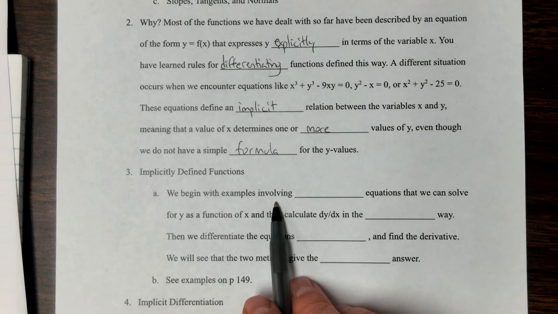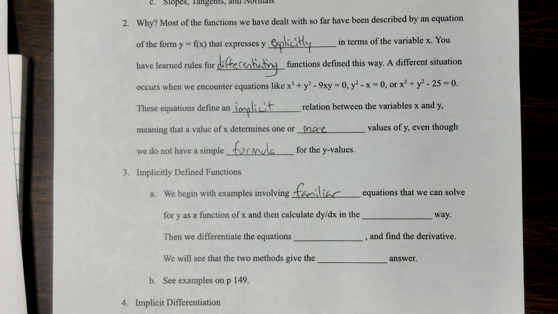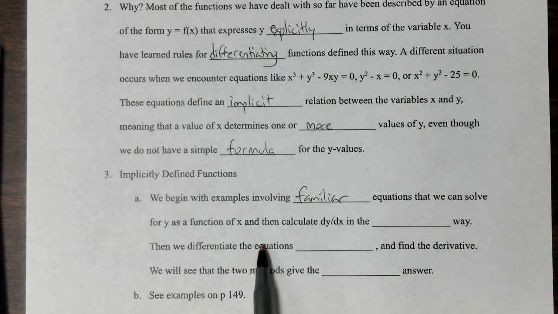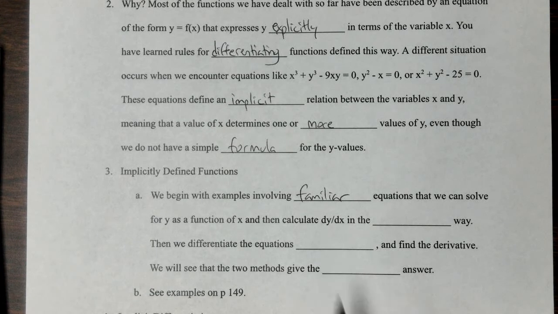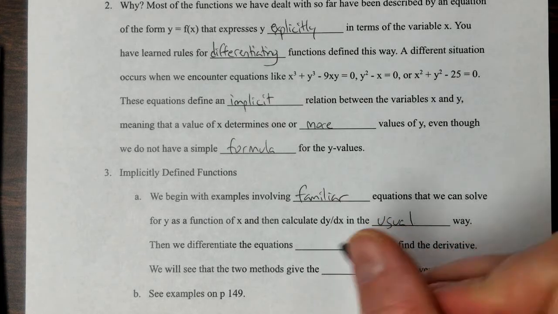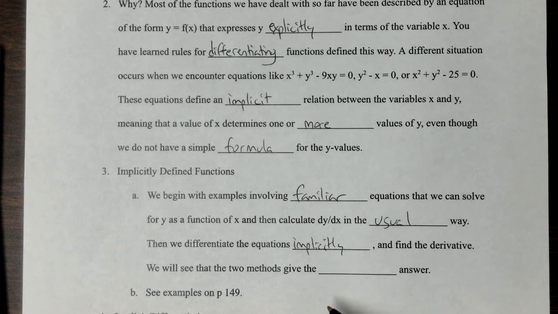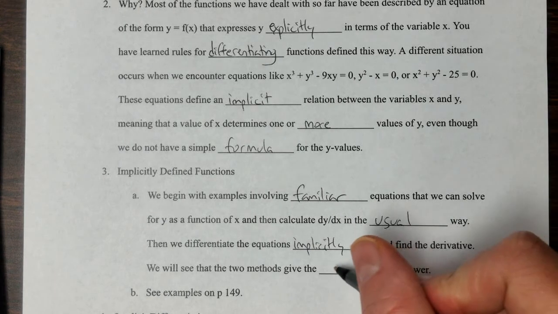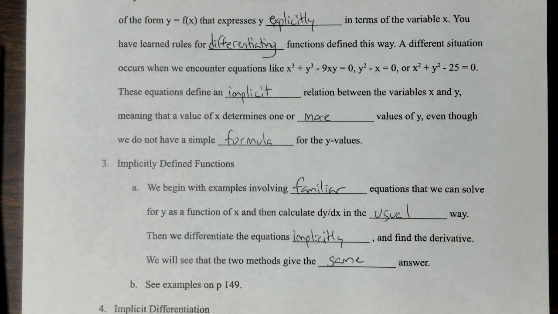So we begin with examples involving familiar equations that we can solve for y as a function of x, and then calculate dy dx or y prime in the usual way. Then we differentiate the equations implicitly and find the derivative. We will see that the two methods give the same answer, and see examples on page 149. So on 149,